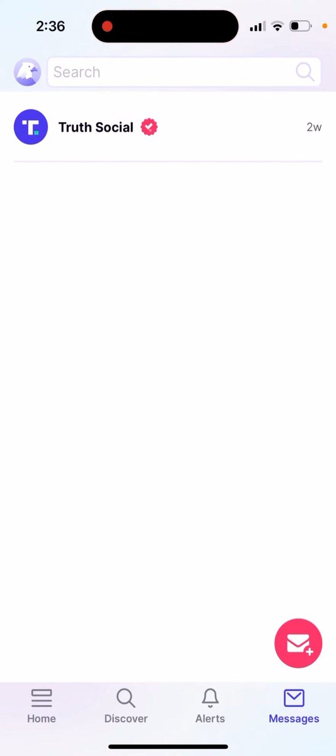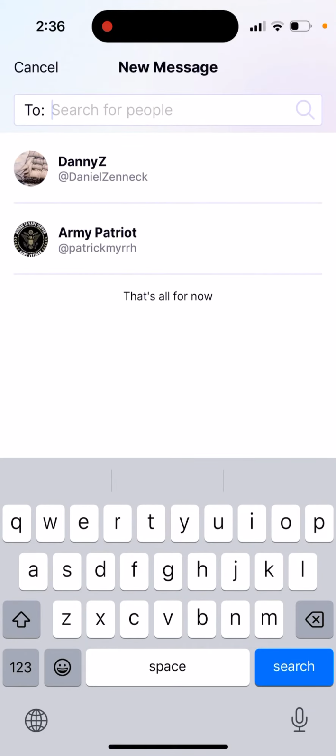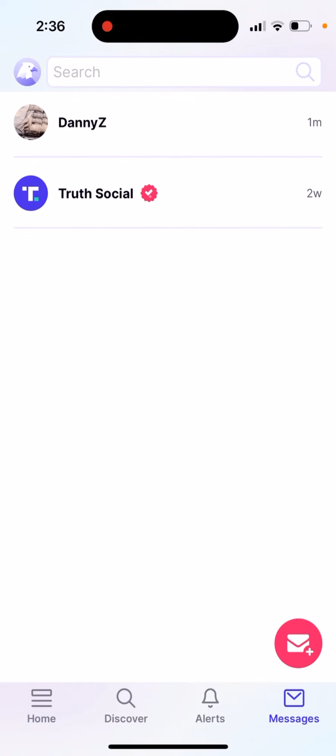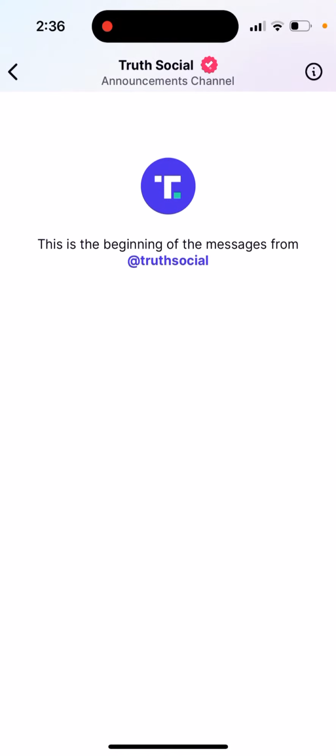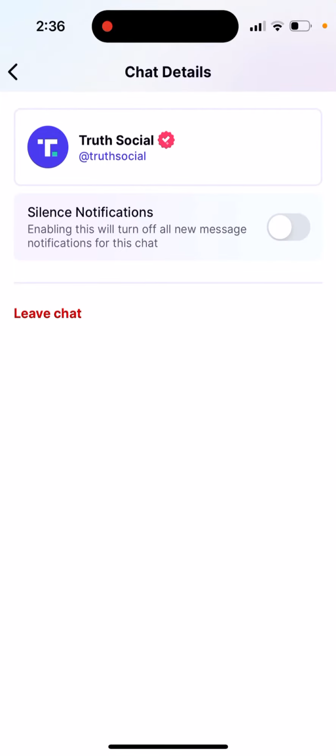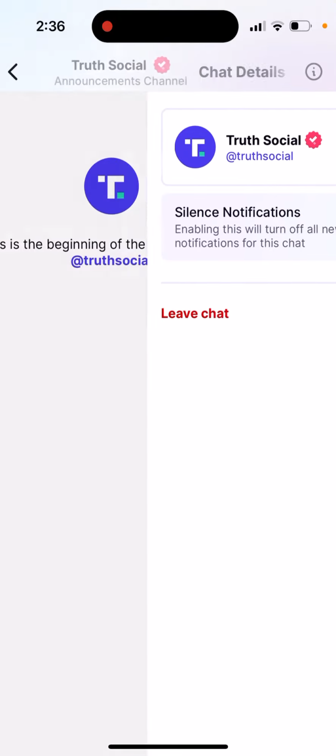So just tap Save and Continue, and then you just have messages here in the bottom right. You can just start a new message. You can send a new message to specific people you like if they allow it, and so this is just like an announcements channel. You can leave the chat, you can silence notifications, and